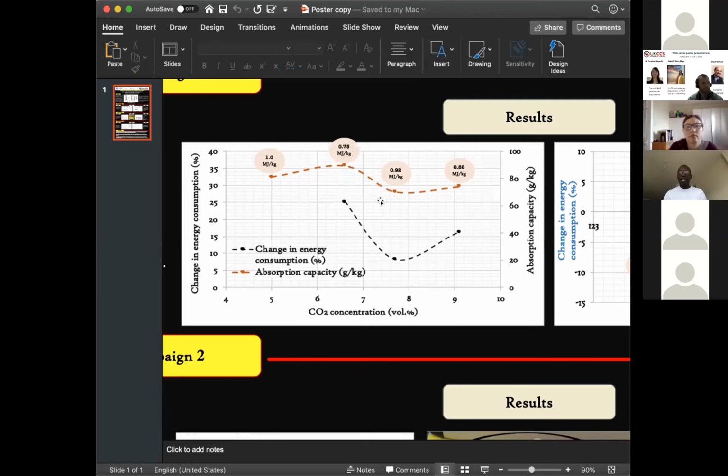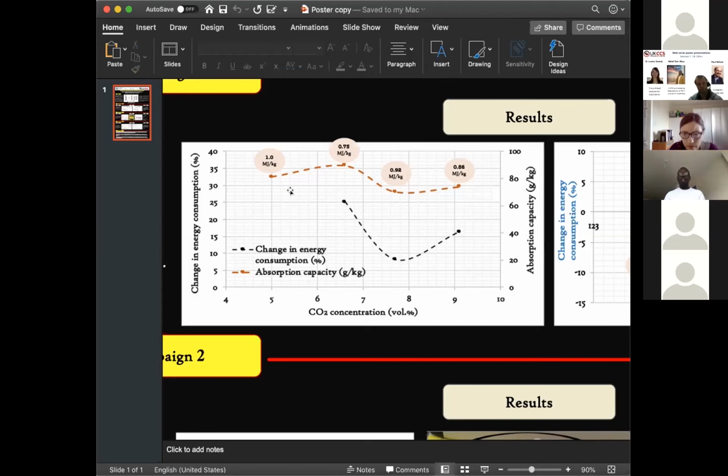This result tells us that the absorption capacity is highest at 6.6 volume percentage of CO2. And unsurprisingly, this is the point where the specific reboiler duty is lowest, by 25% against the best case specific